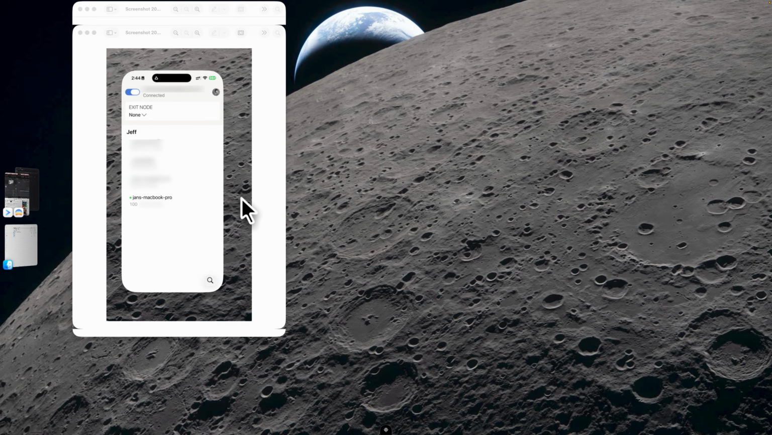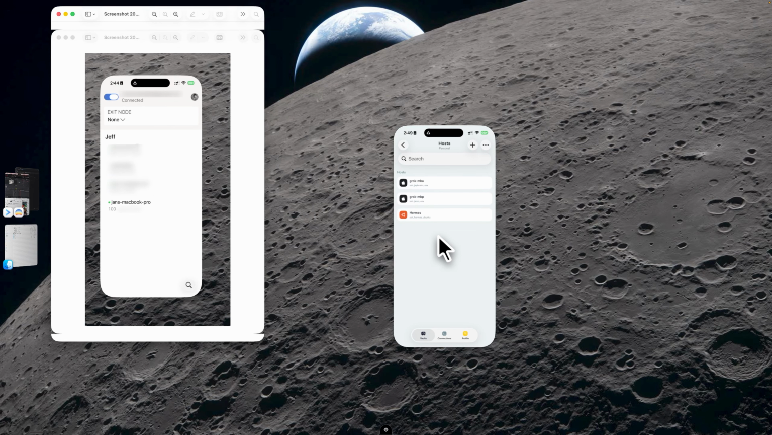So once you've downloaded Tailscale on your iPhone, connect to your account, and once connected, the IP address will show at the bottom of this screen. Take note of that IP address of the Mac that you're connecting to. And we will configure the Termius side right now. Sign into your account or create an account in Termius. Once done,